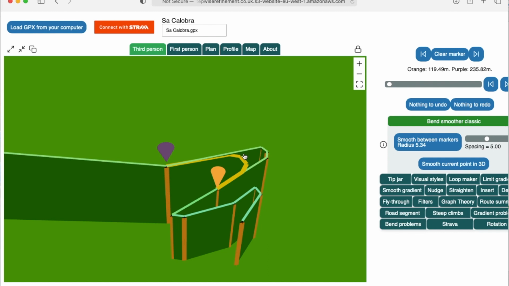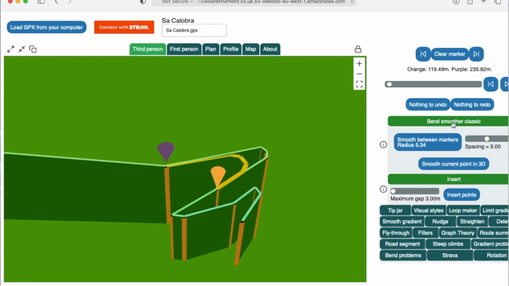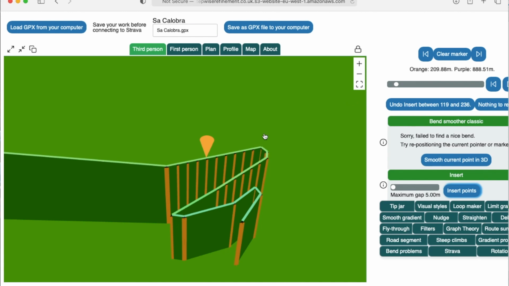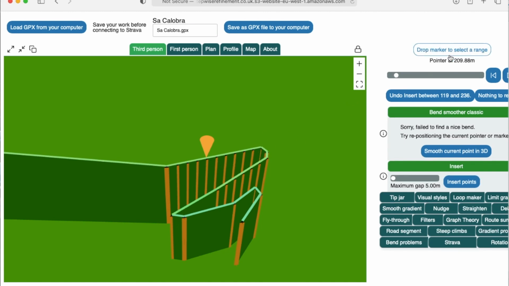I'm going to go out of sequence here and just quickly show you the insert control. The insert control allows us to add additional track points between our markers. So I can come down to a fairly fine spacing of, let's say, 5 meters. And that has put, as you can see, other track points in between the ones we had previously. And if I now drop the marker,